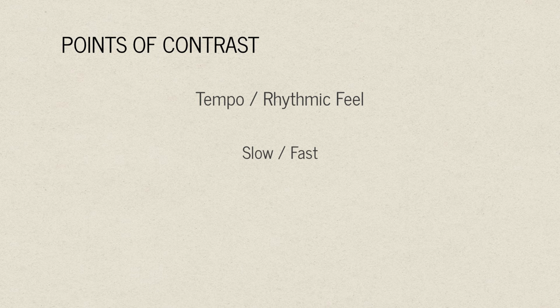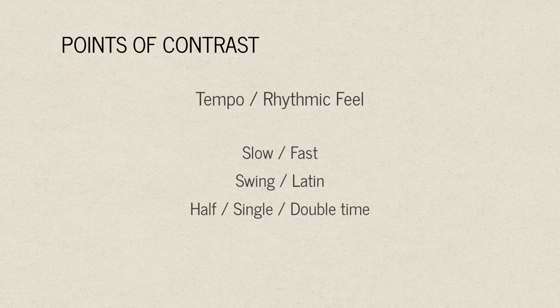Often it'll go from swing to a Latin feel. It could go from a half time to single time, or a single time to double time feel. And then another big technique in this era is metric modulation, which is usually done in a pretty simple way. So maybe we're going from 4/4 to 12/8, so essentially going to a triplet feel and then back to a straight feel. You hear a lot of people like Russ Garcia and Les Baxter take that approach.